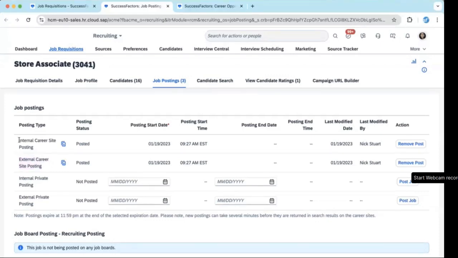So that way, with internal career posting, only the people within the company can see it, whereas external career posting is something that comes on the website. That's where people outside the company can also look for the jobs and apply. Those are two different places. Okay. And then